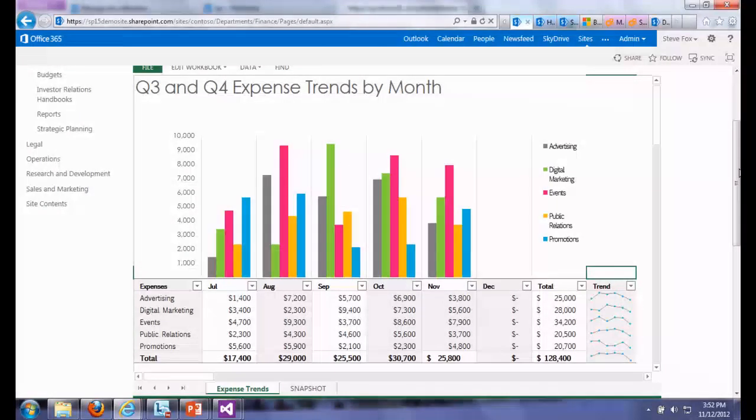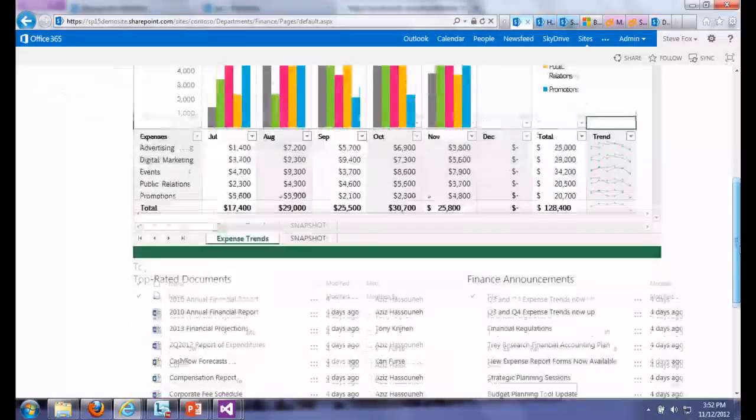All right, so basically here's what we have. We have this site that allows you to manage a number of different facets of your everyday life. Now, there are no customizations here yet other than using the out-of-the-box web parts. Here we've got an Excel Web Access web part. Basically it surfaces a piece of an Excel document. That's all this does. Again, for the people who've seen this before, this is review. For the people who haven't, this is basically the way in which SharePoint works. We've got all these documents.